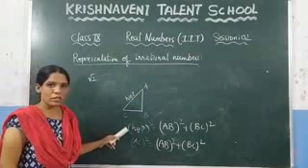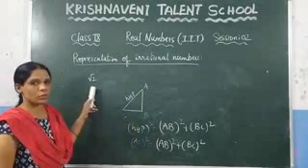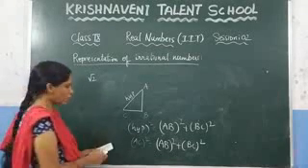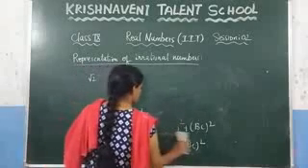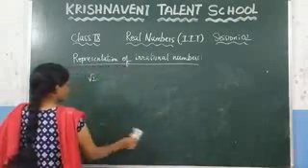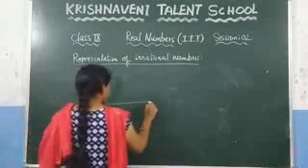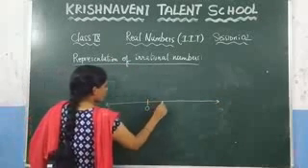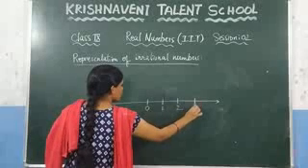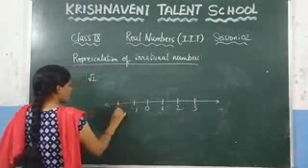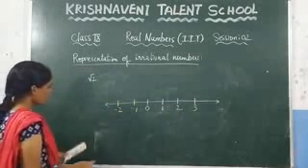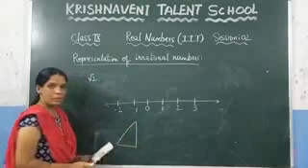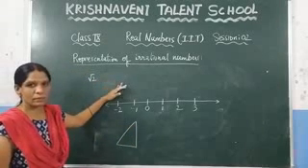Now based on this Pythagoras theorem, we are representing root 2 on a number line. So if you want to represent root 2 on a number line, first draw the number line. And mark here 0, 1, 2, 3. Here the negative numbers minus 1, minus 2. So here we already discussed, we have to know about the Pythagoras theorem to represent irrational numbers on a number line.